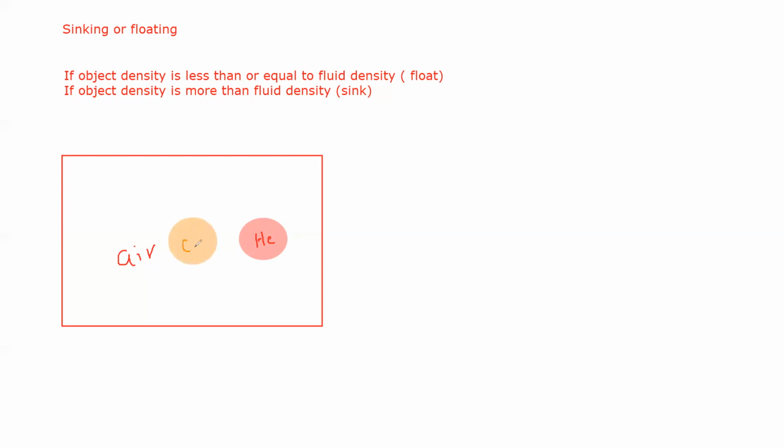I'm not writing full carbon dioxide, I'm using the formula for carbon dioxide, which is CO2. So when we compare the density of the air in gram per centimeter cube,